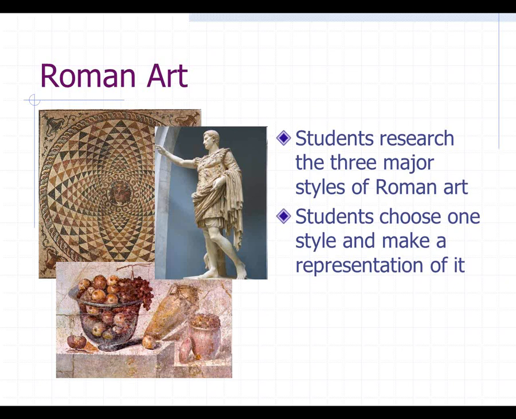But anyway, their project then, since they can't make the food, is to decorate the dining room. So the students complete a research sheet about ancient art, and then they choose one style to make a representation of. For your least artistic students, the project includes a way to make a mosaic online, and then all they have to do is email me the code that shows that they've learned what a real Roman mosaic would look like and made an effort to imitate one of the styles. They don't even have to print it out.